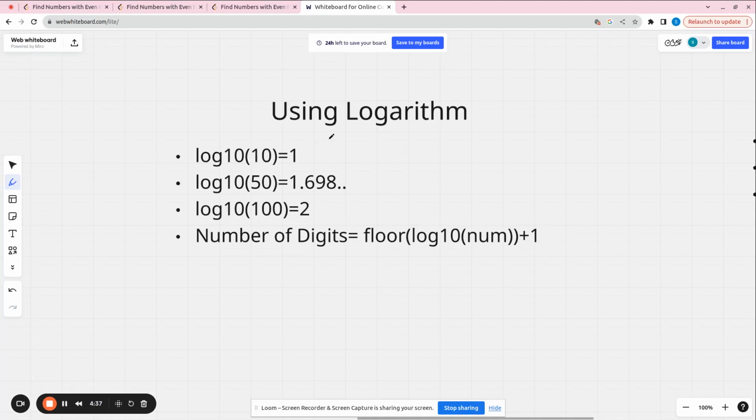Now we'll see the second approach by using logarithm. So if we see log 10 of 10 is equal to 1, log 10 of 50 is equal to 1.698 something, and log 10 of 100 is equal to 2. So from this we can observe that the number of digits will be equal to floor of log 10 of num